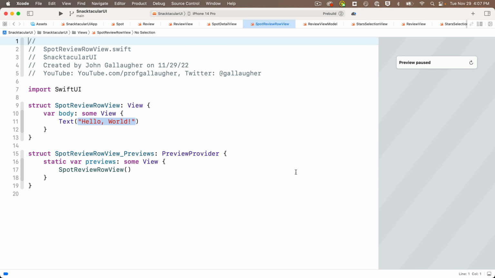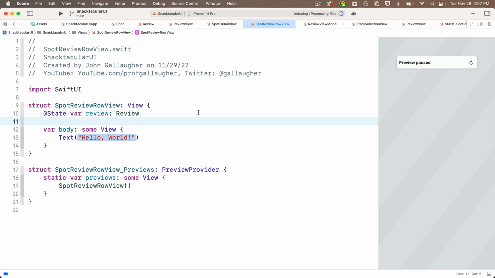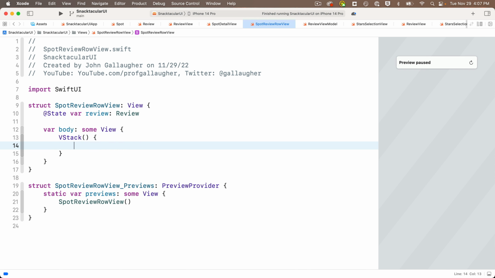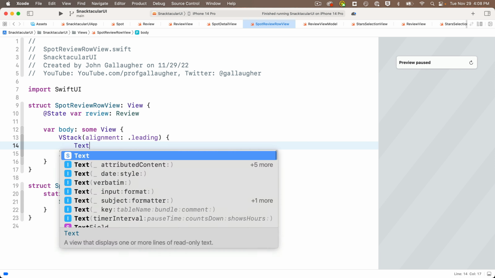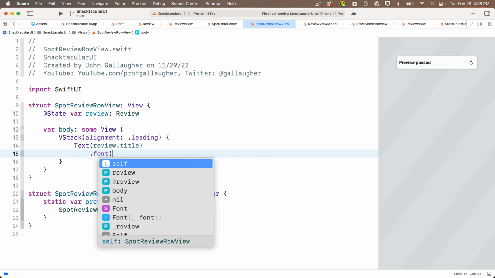Now this view is going to display data for a review. So we'll create a state variable, @State var review: Review, but we won't initialize this. We're going to pass in the data from the for each statement of the reviews array in our spot detail view. Then in the body, we'll start with a VStack, and I'll add open and close parens as well as open and close curlies. And in the parens, I want to add an alignment: argument label followed by the argument .leading. Then in the curlies, I'll add a Text view passing in the review.title, and I'll set the .font property to